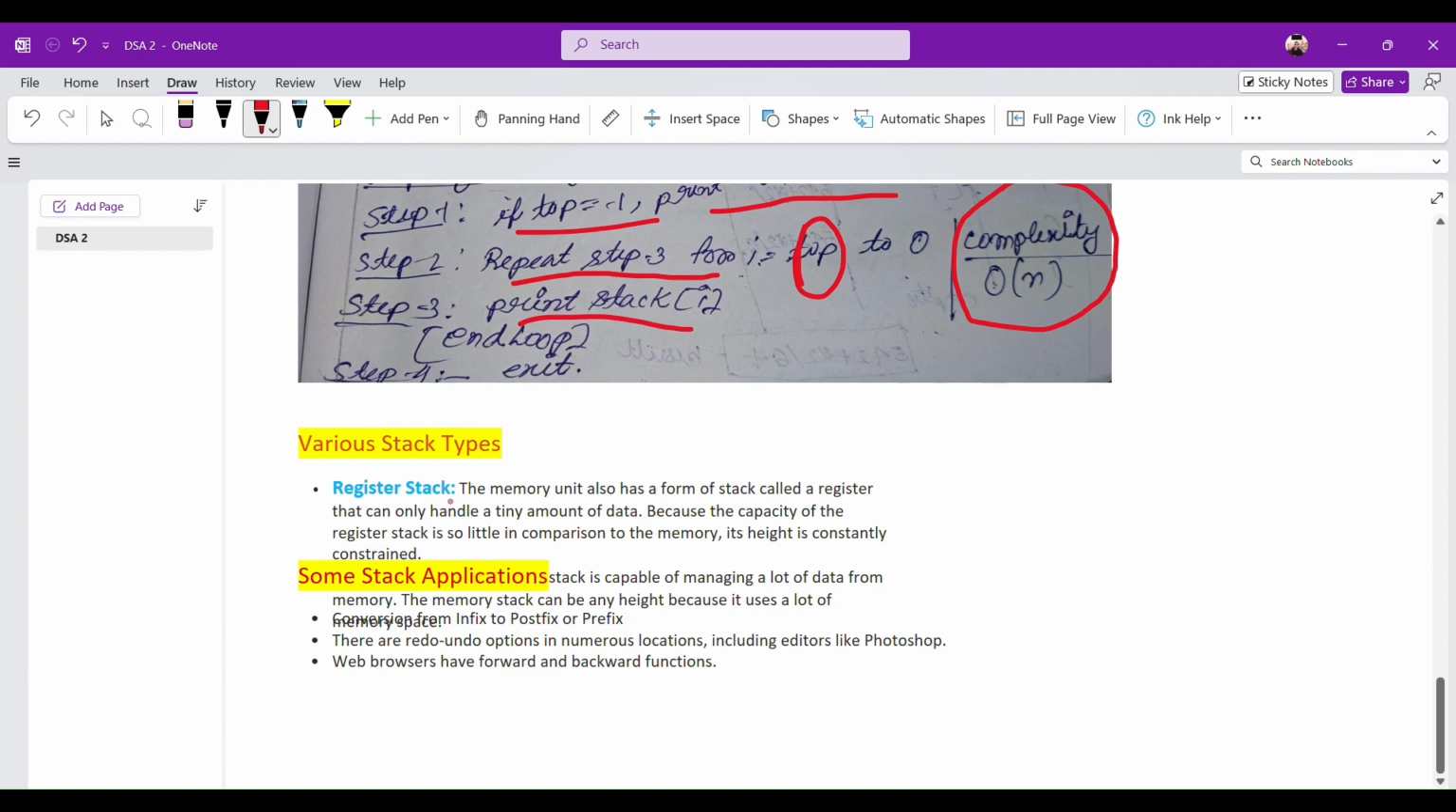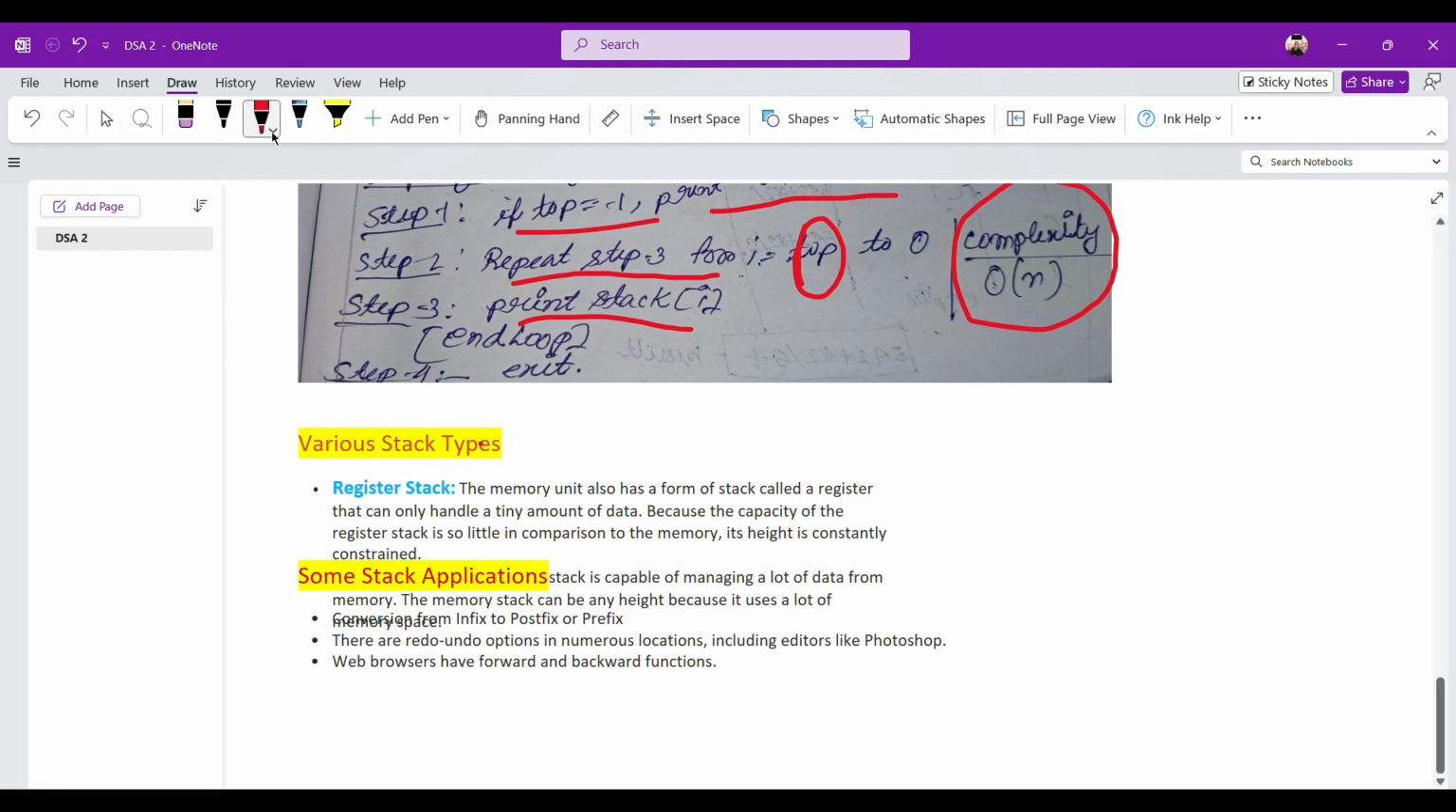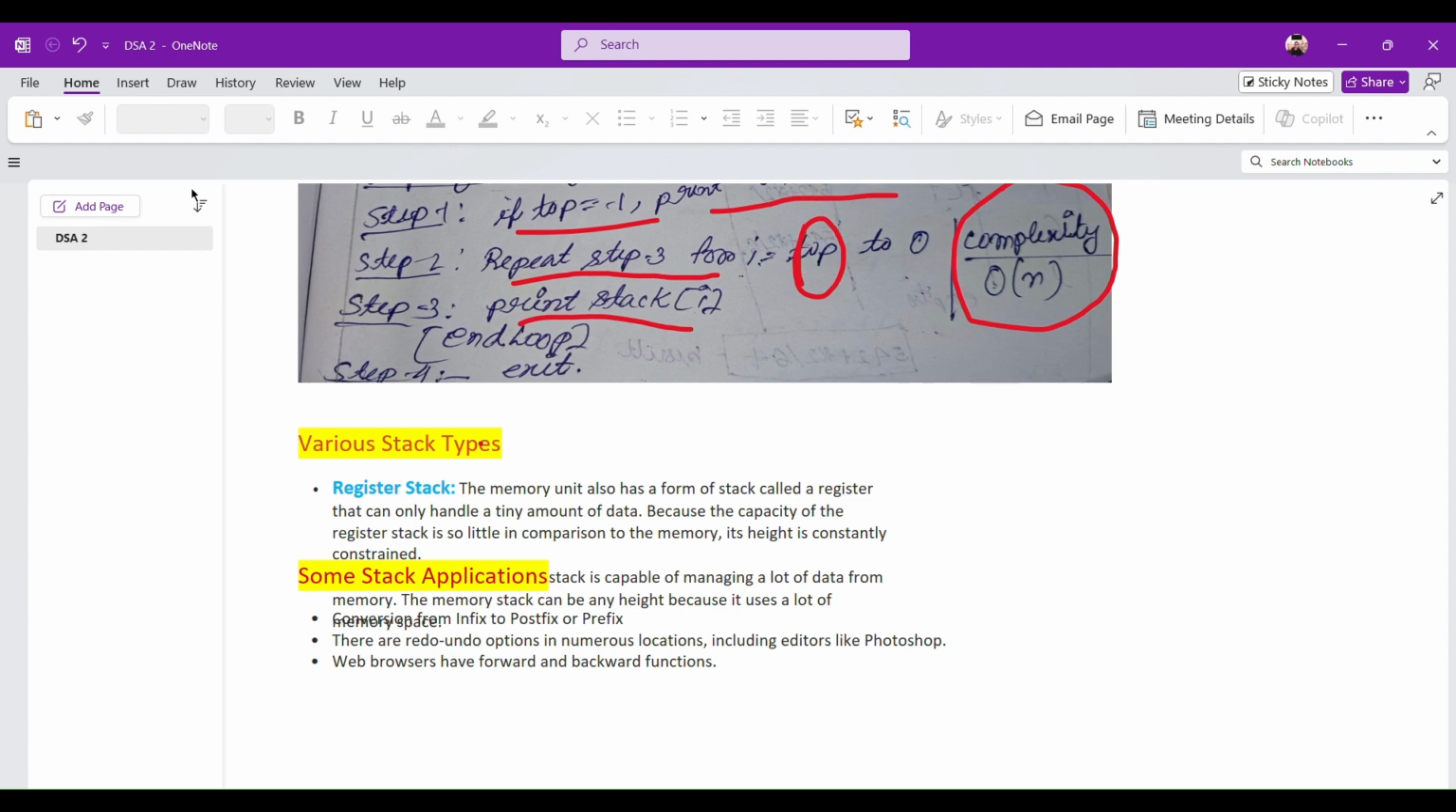There are various types of stack present here. Okay, just a second. Number one is register stack. Another one is